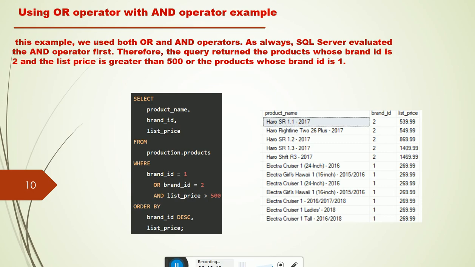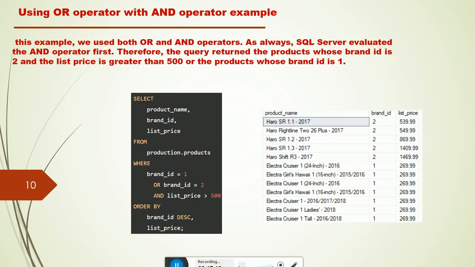See the query. Select product name, brand ID, list price from production.products, where brand ID equal to 1 or brand ID equal to 2 and list price is greater than 500.